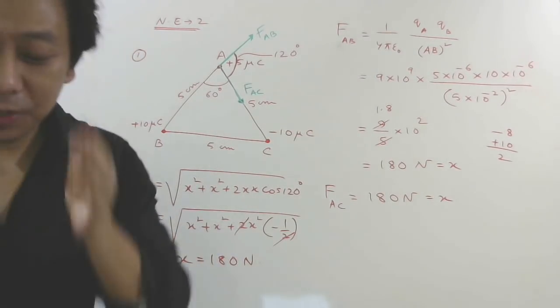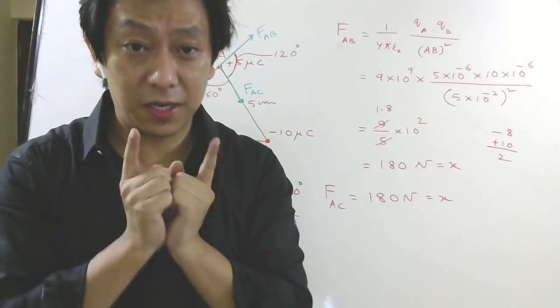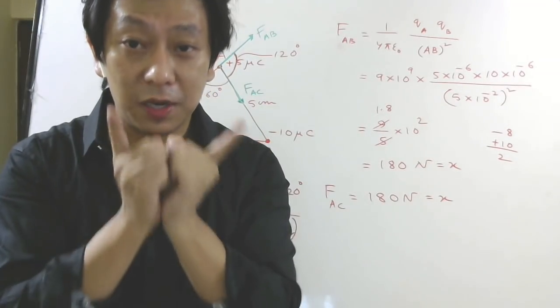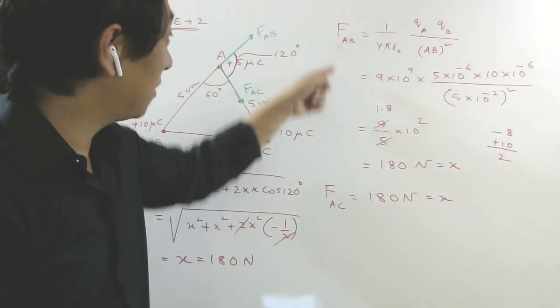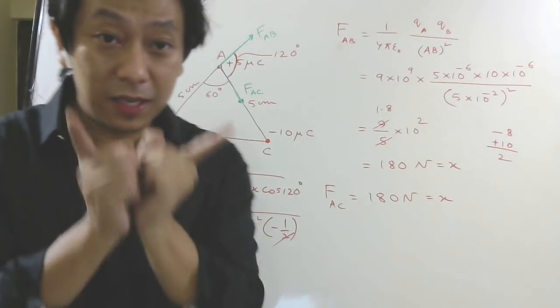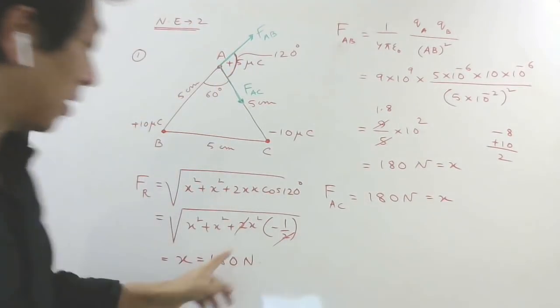So this is something which you already know actually, right? When two forces or two vectors have the same magnitude and the angle between them is 120 degree. See here both of them have the same magnitude. This is also 180, this is also 180. Then the resultant will also have the same magnitude, which is 180.